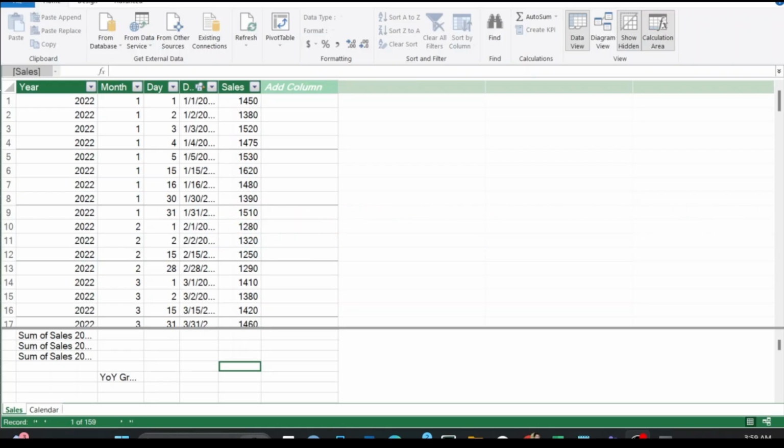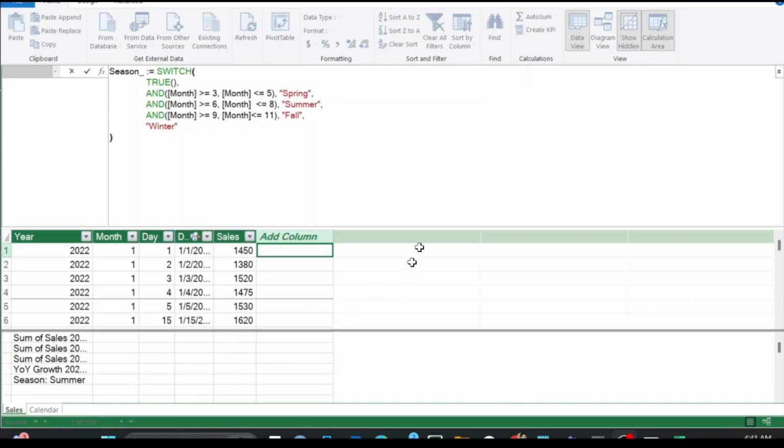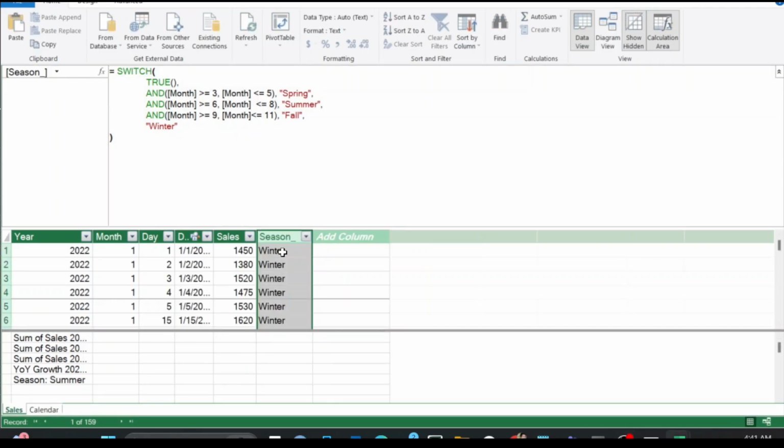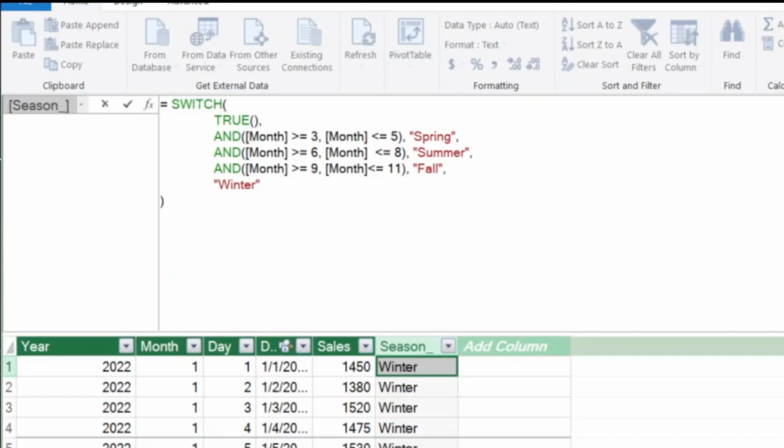Seasonal analysis. Create a calculated field for season. Now in DAX, here is the code to create a measure to determine the season of a certain date. So here's how you add a field that will determine each data point's season value. You will have to hit the add column in the data model, and on this cell right here, you just have to enter the following function. You will use the same switch command,